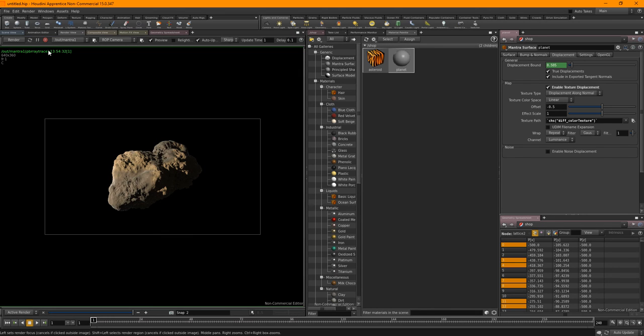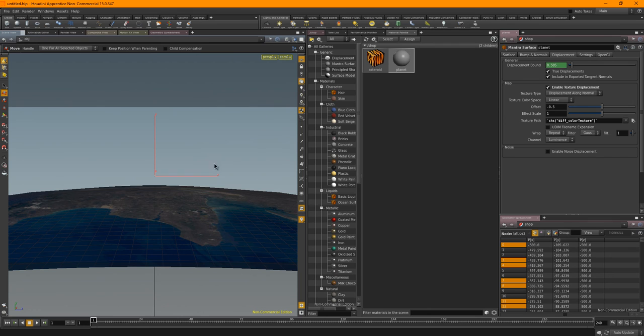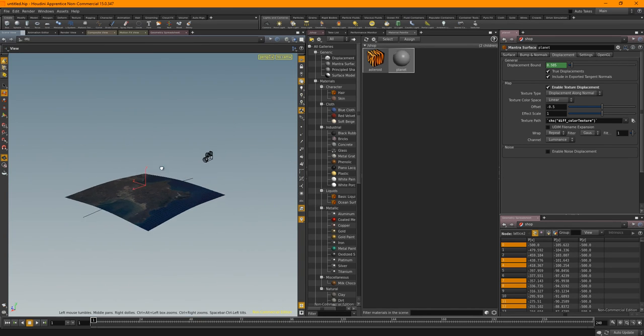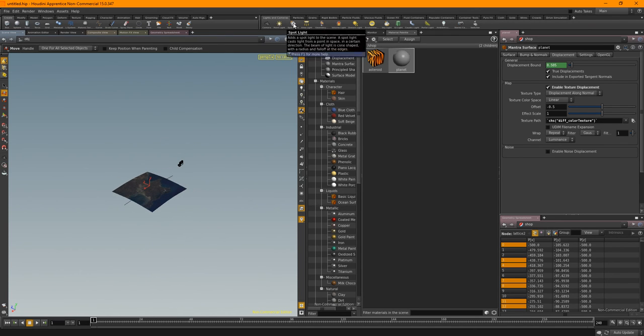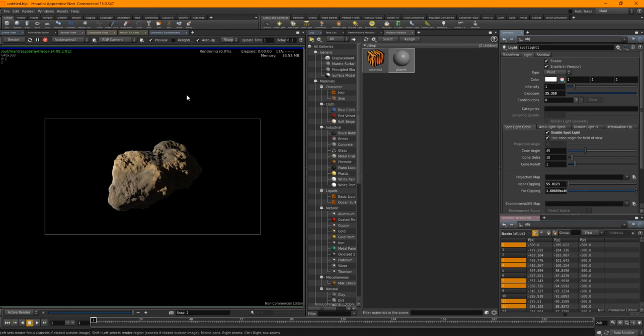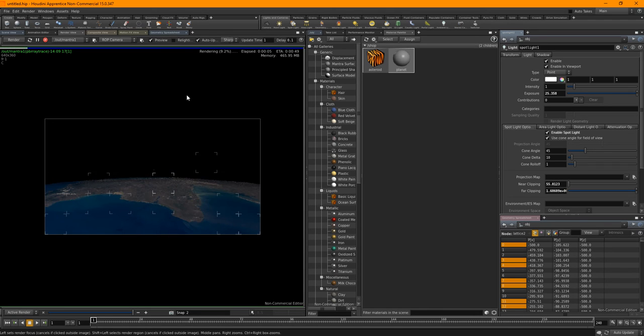Okay, so we're in the camera now. I mean, this might not be the best map for this. No, let's go back and check it out. So we've got the light in the scene, and let's hit render and see what we come up with. Okay, so that's not too bad initially.